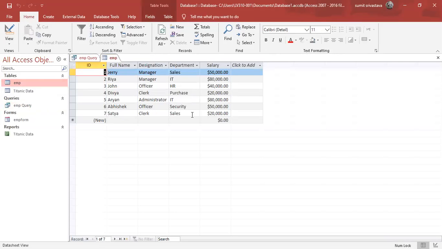Now let's see, in this table I would like to see the names of those people whose salary is greater than 40,000. I have to see the names of employees whose salary is greater than 40,000.